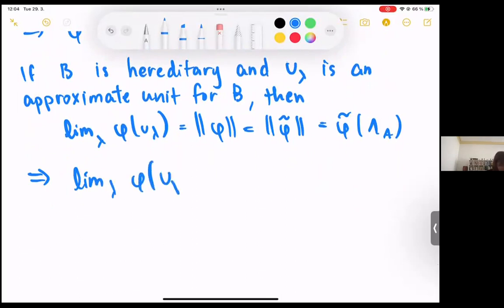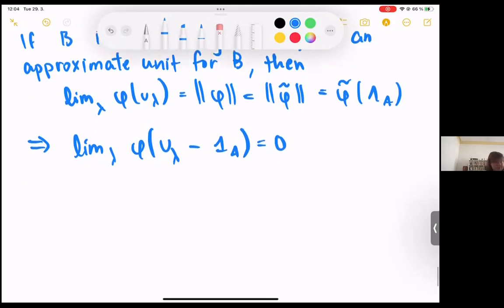Which means that this limit goes to 0, and hence